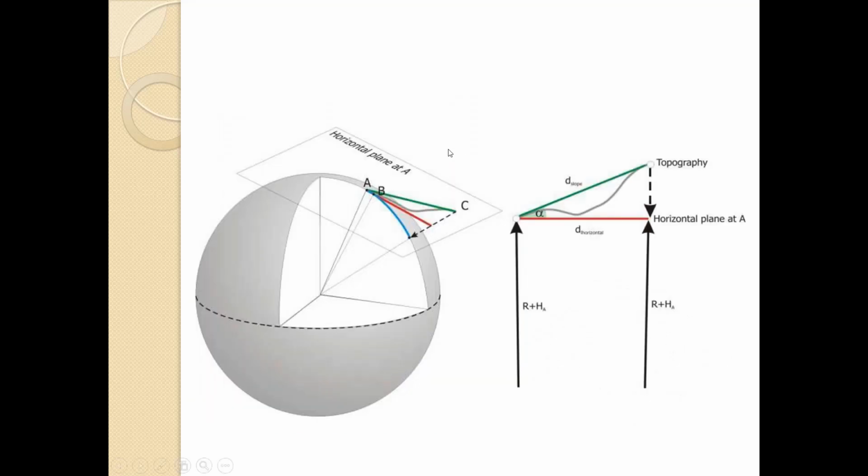As you can see here, in plane survey we are not considering the curvature of the earth, but this is the actual distance on the earth which we consider in geodetic survey. Plane survey is applicable if the area of the surveying is below 250 square kilometers, and in geodetic survey we need to consider the curvature of the earth if the area of surveying is above 250